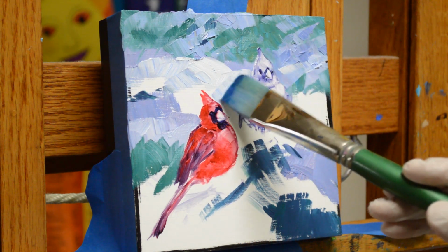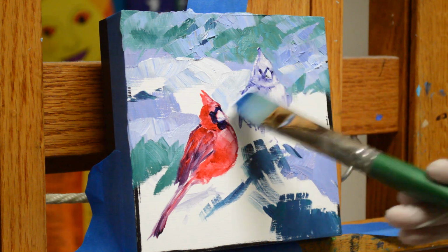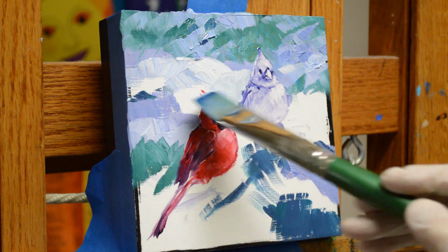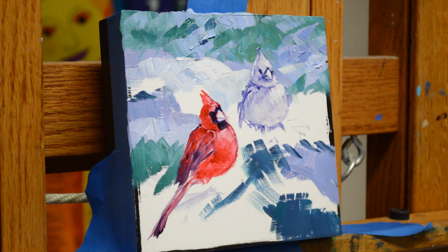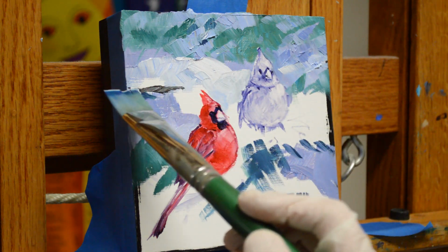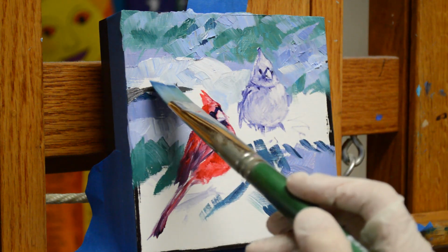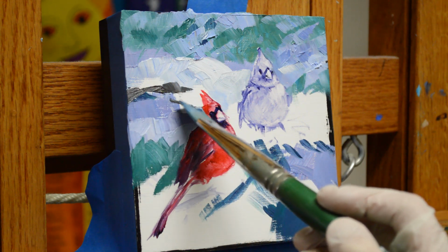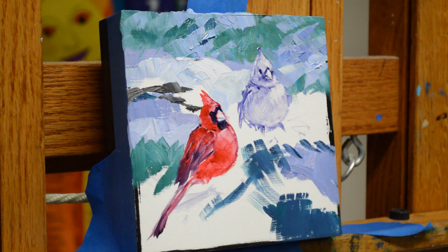I work carefully around my drawing. I don't want to mess that up because I'll come back and paint the birds. Now the branch shows a little bit back in here from that other tree, and I'll let it kind of come and point to that